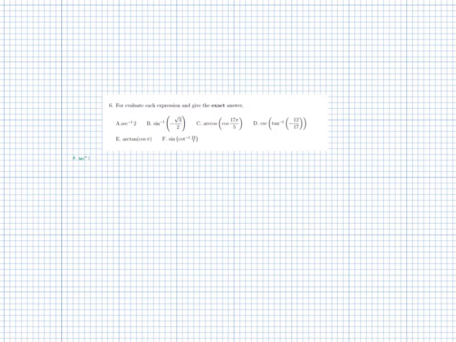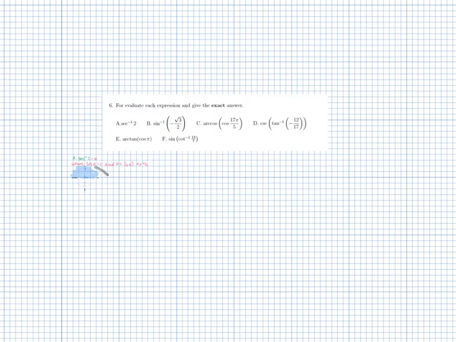So, remember, this equals some theta, where secant theta equals 2, and theta is in the interval from 0 to pi, but theta cannot be pi over 2. Remember that when we're working with the arc secant function, we're limited to the first and second quadrants. So this is what we're looking for, which reminds me,